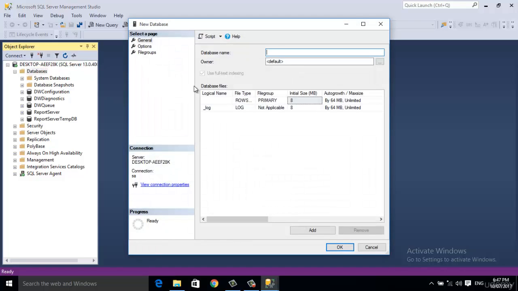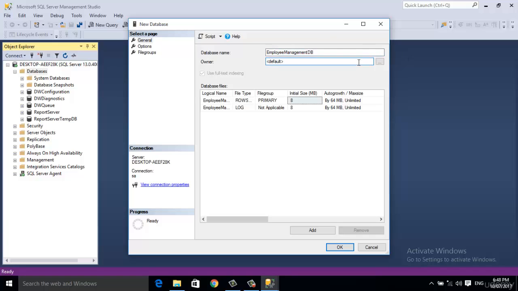Okay. In this window, you will have to type the database name here. Let's say my database name is Employee Management DB.